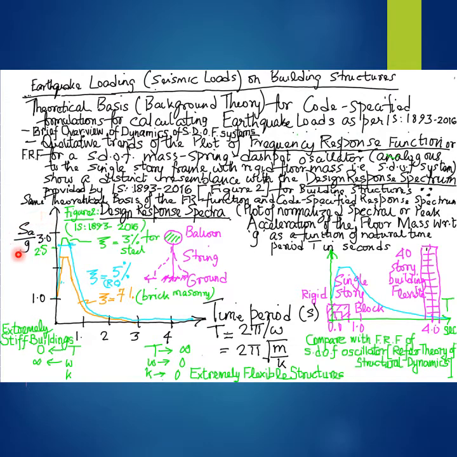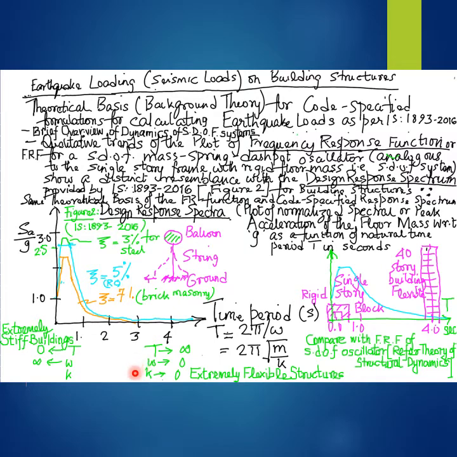The physical explanation of the observation, that is low or extremely small spectral accelerations or peak accelerations normalized with respect to g, that is Sa by g, as exhibited by the design response spectrum for extremely flexible structures on the other extreme of the design response spectrum, that is in the limit of natural period or fundamental time period T tending to infinity,